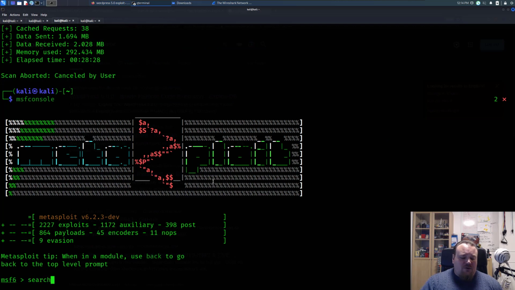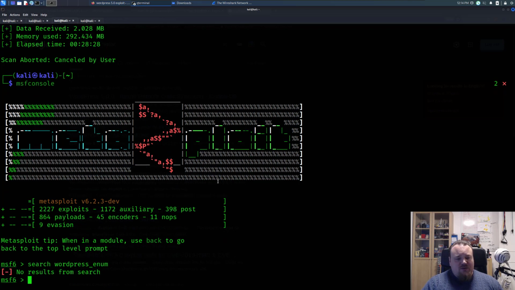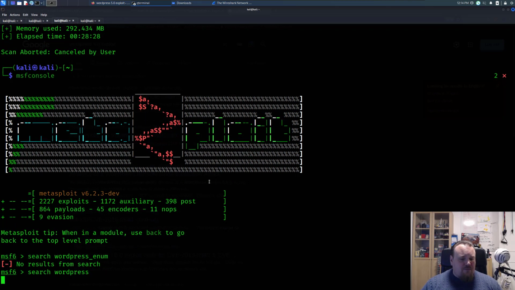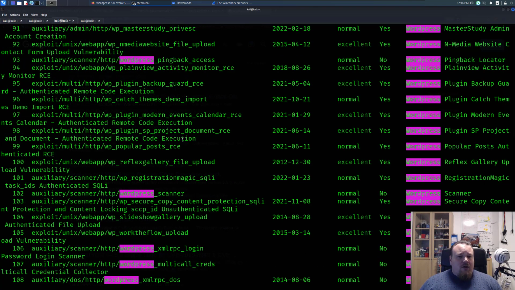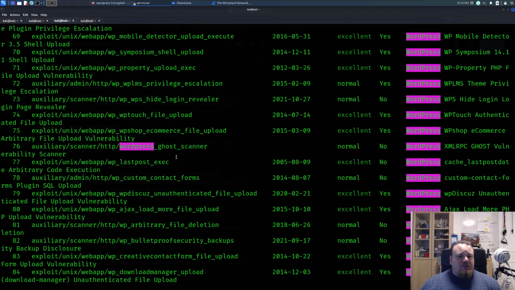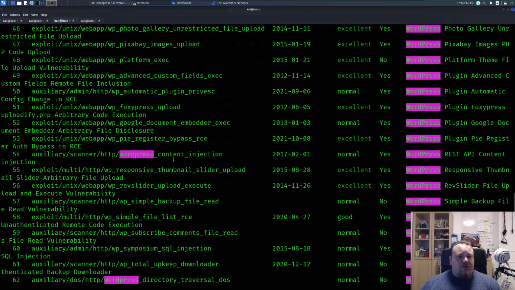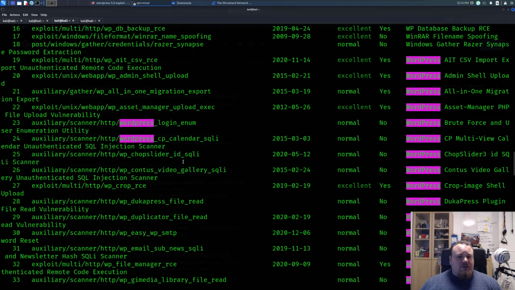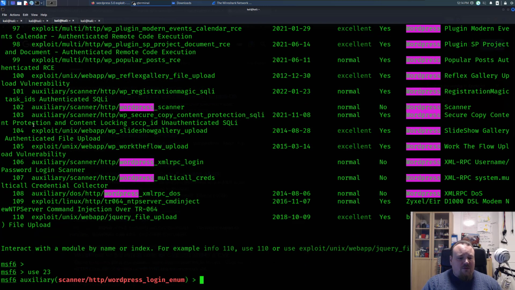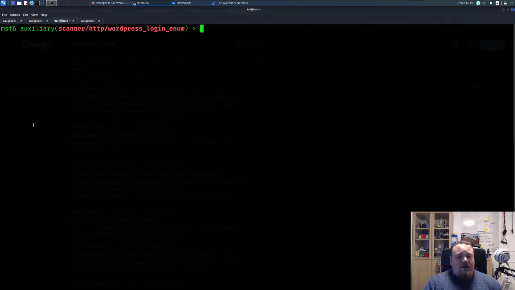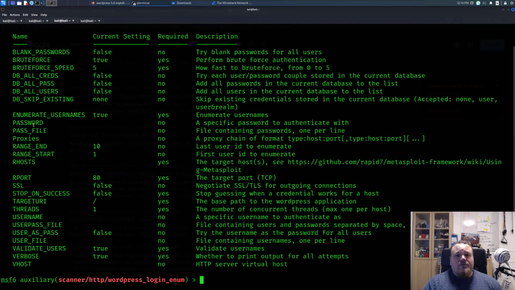So let's search WordPress enum, something like that. No. Let's see, WordPress content login enum. Yes, that's the one. So 23, use 23. Show options for this particular one here, and we have